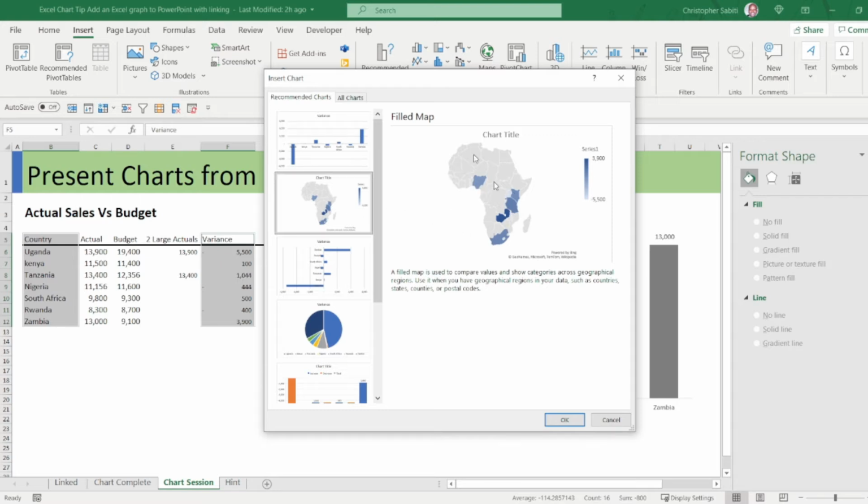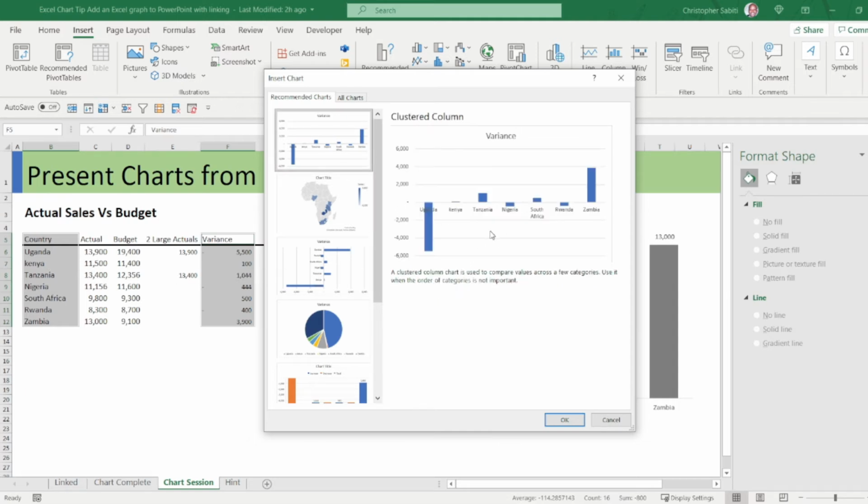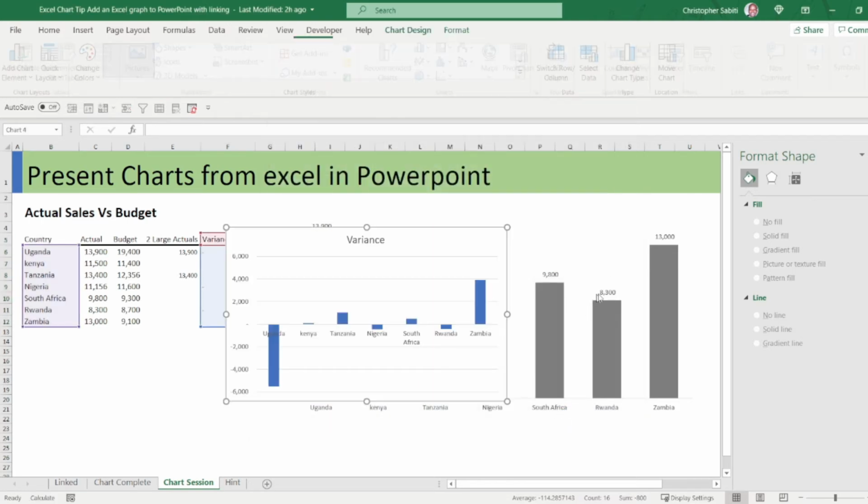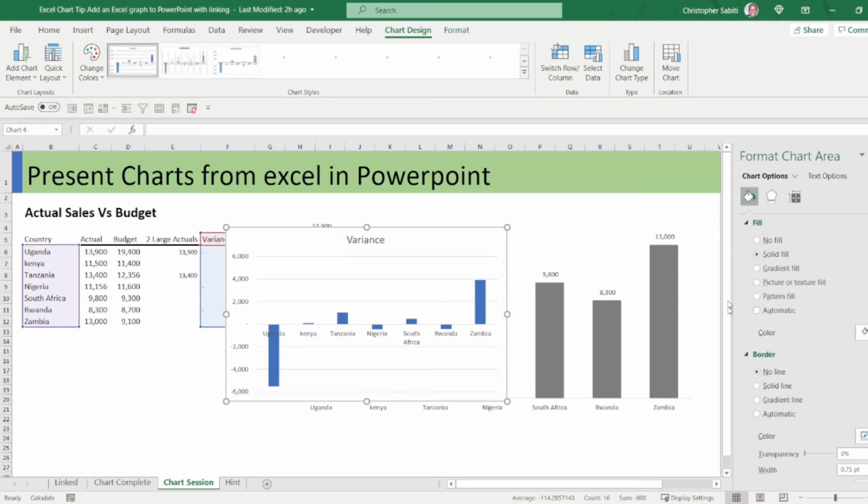When you're using 365, it has a map chart. You can go to the Microsoft Office website, the subscription fee is around $79 annually, so you can subscribe for that. You see it is already detecting the countries, Uganda and the others, making the other one darker, but this time you're looking at the variance. So going with the variance, that is okay. We insert our chart. This is it.